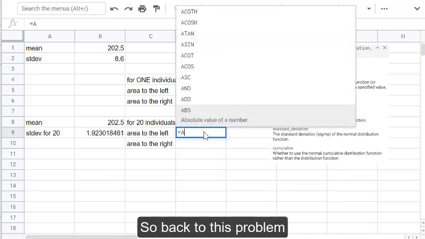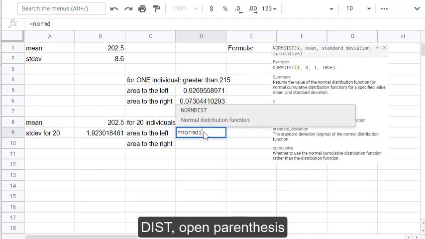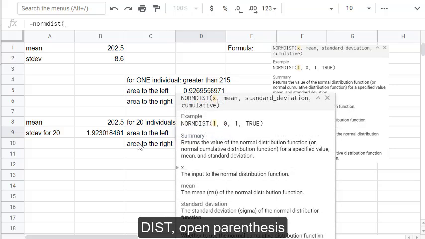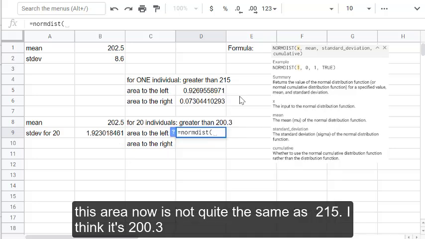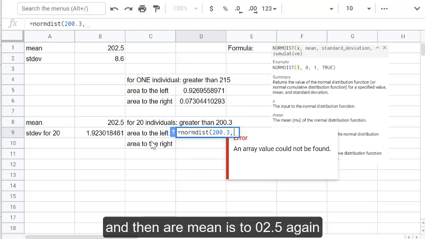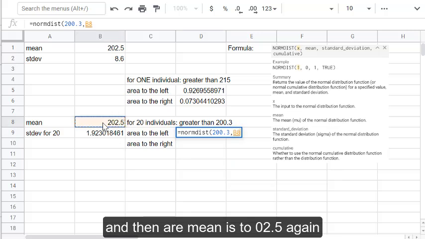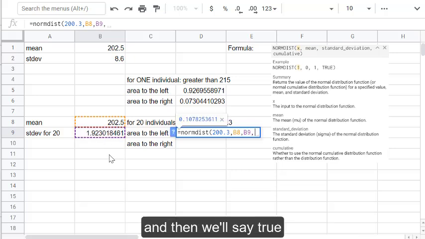So back to this problem, we'll say equals NORM.DIST, open parentheses. This area now is not quite the same as 215. I think it's 200.3. And then our mean is 202.5 again. And this time remember that our standard deviation is not 8.6 anymore. It's actually this other one. It's 1.923. And then we'll say true